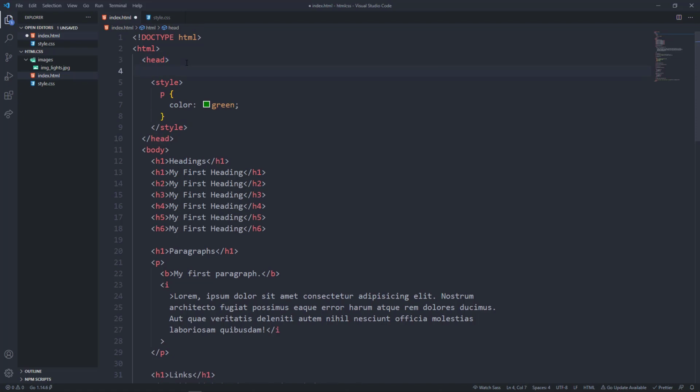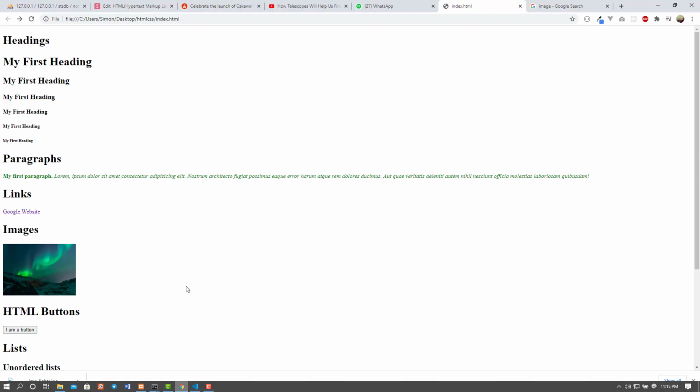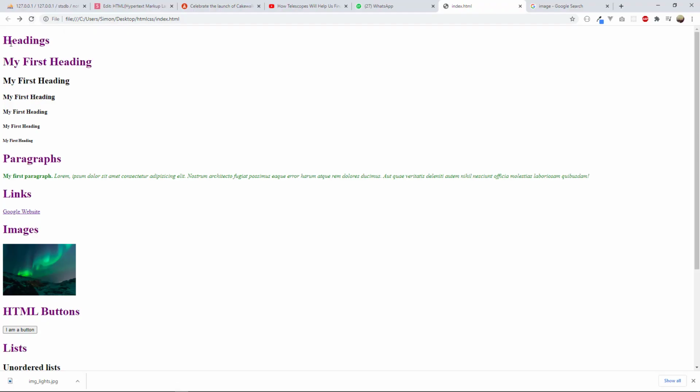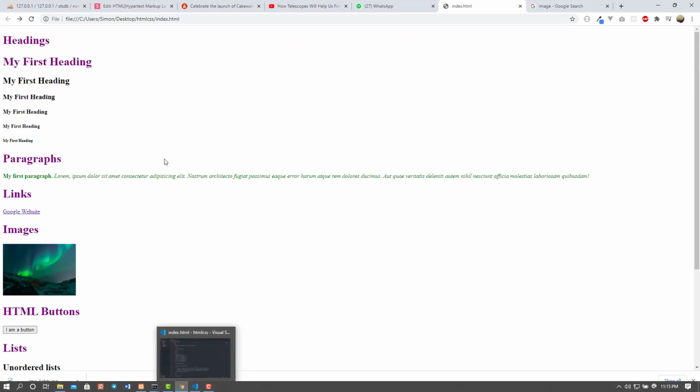And for us to link, we will use what we call the link tag. So we do link. This tag is self-closing. It doesn't have a closing tag. And then inside this, href is where we'll place the location of that file, and that file is inside the same folder as this HTML document. So just do ./ and then we select that file like that, and that is it. If we save and go back and refresh, you see that all the h1 have turned purple, right? So that is it with